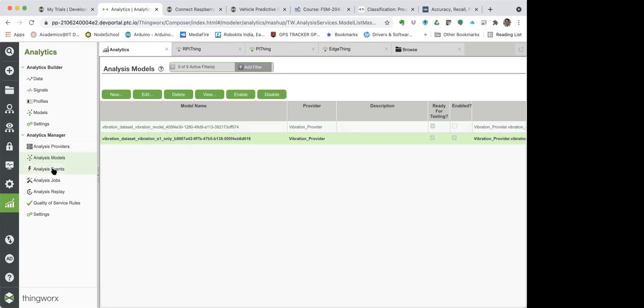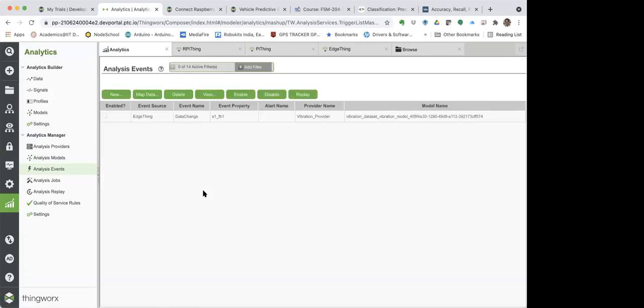What I'm trying to explain to you is the analysis events. Now this is an interesting part. You have to connect now. The edge thing is what will be bringing out the data, and now you have to edit this, because earlier I was just using this.